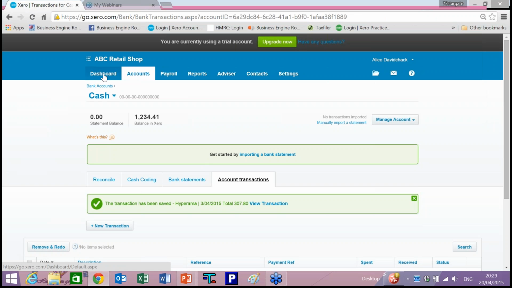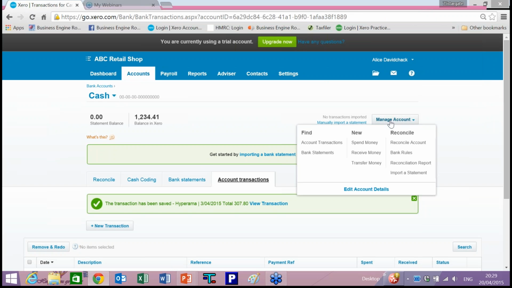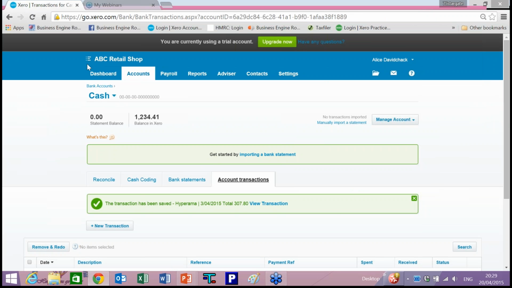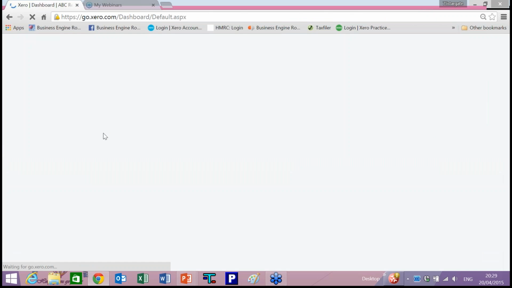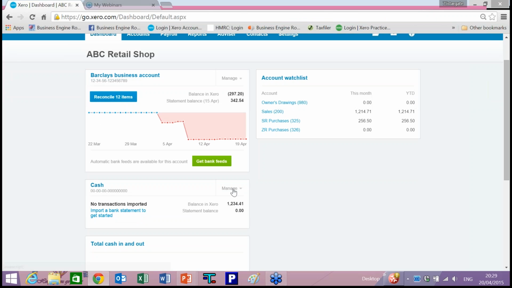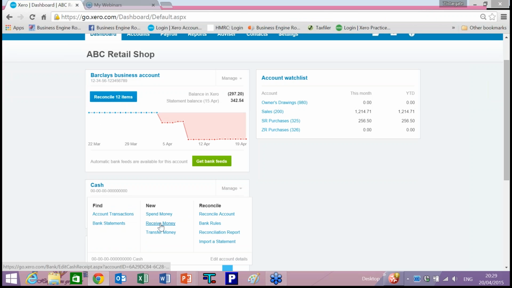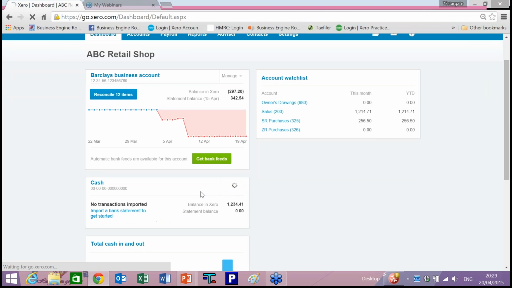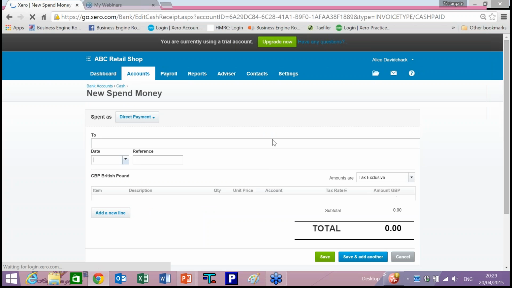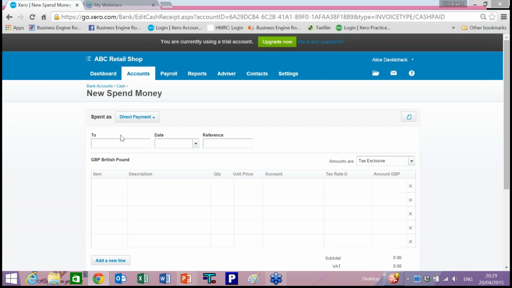Another example that I want to show you is a mixture of zero and standard rated goods. Right, we'll go through dashboard again just for consistency's sake. So spend money. Let's say we went to Booker, and on 7th of April we bought a combination of zero rated goods,